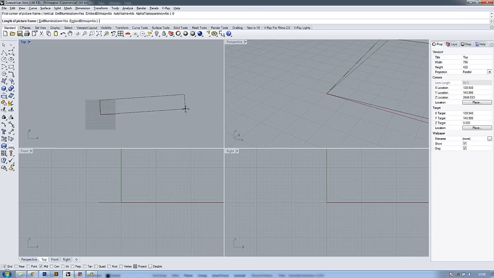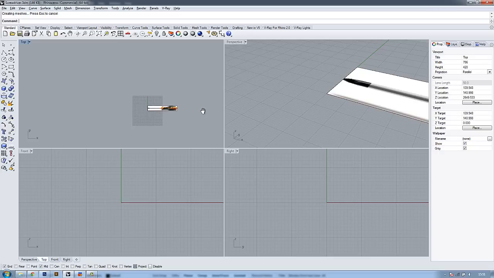Then let's say the screwdriver is something like 200 millimeters, so 20 centimeters. So let's put 200 there and